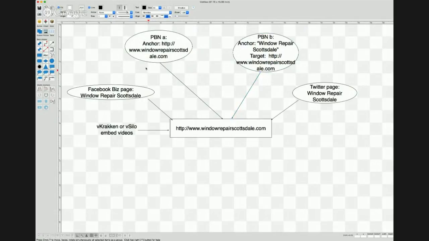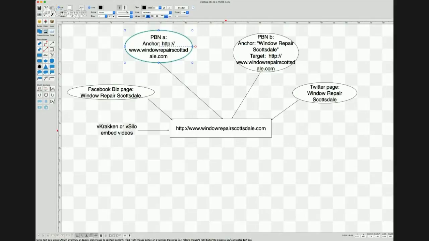Okay, so now let's talk about this really quick. What's going to happen is once Googlebot lands on this PBN site, it's going to go down through your article about window repairs until it finds the link. And this first one is just going to have the target. So it's going to say, oh, okay, I was on an article about window repairs. I found this link going to this other website, so I'm going to go over there and see what this website's about.